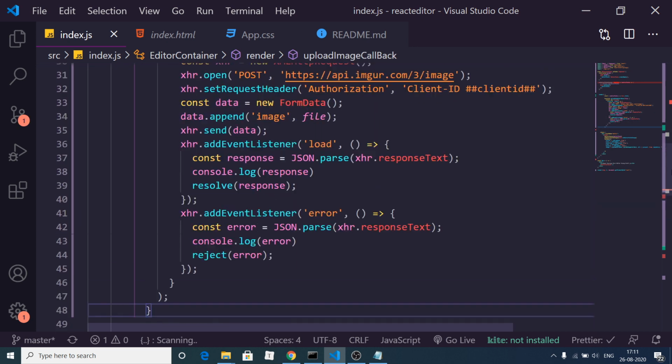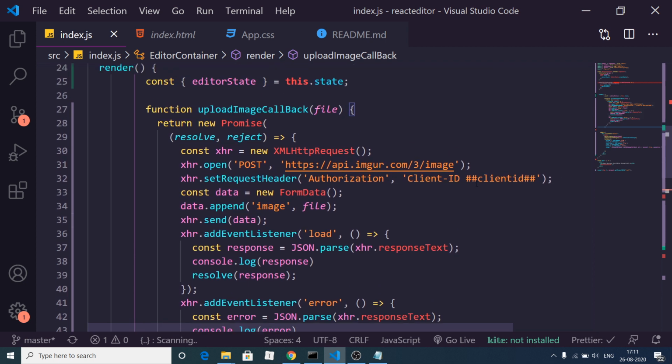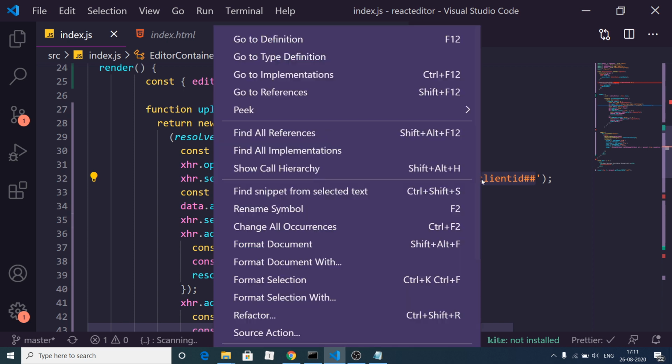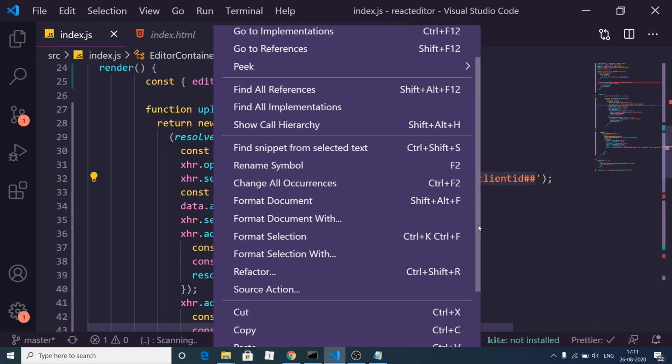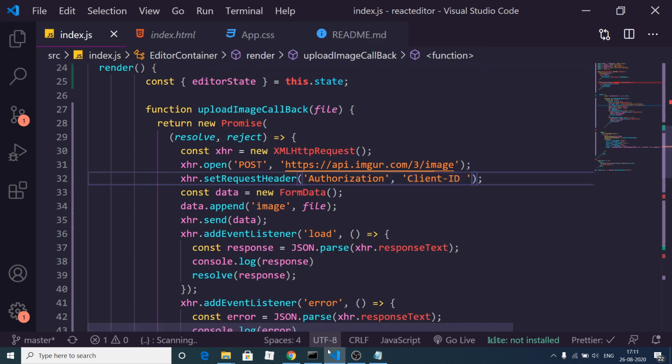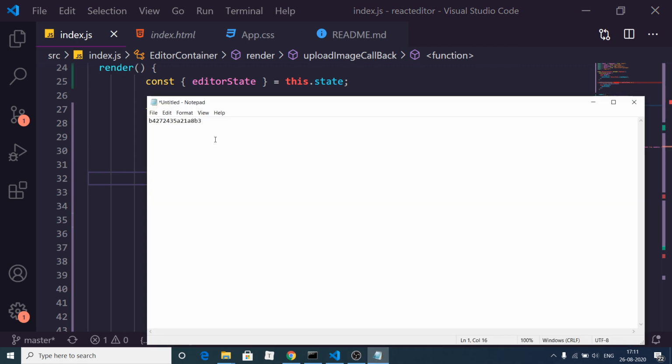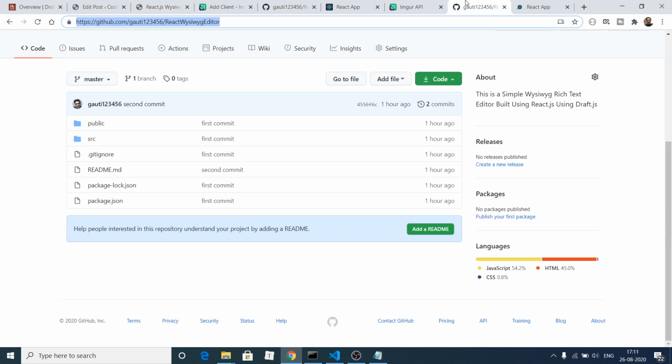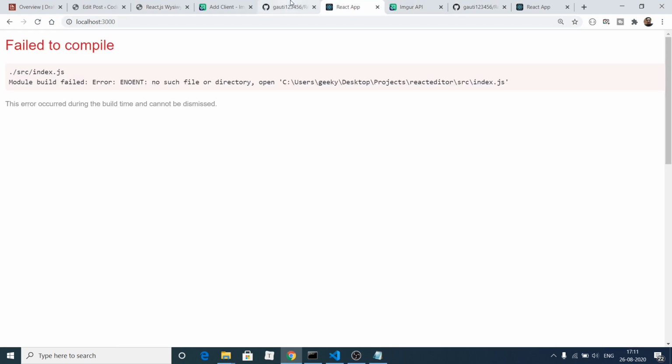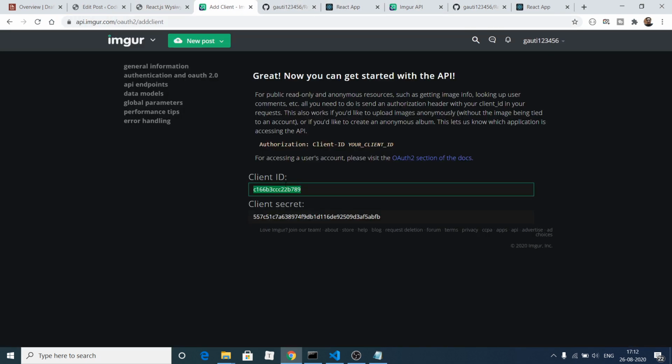Now you need to make some changes here. Instead of this client ID, you need to replace your own client ID. Just before, I have illustrated this process, so in this case I will copy paste my client ID which I have generated. Let me just show you. So this is a client ID.